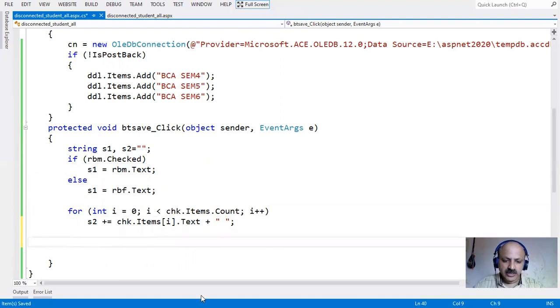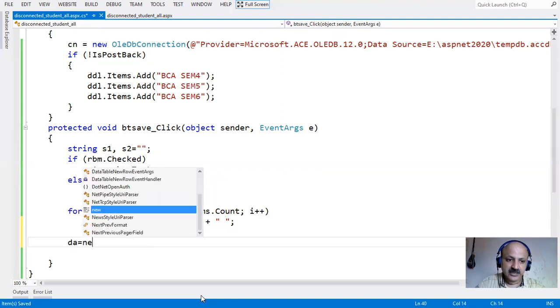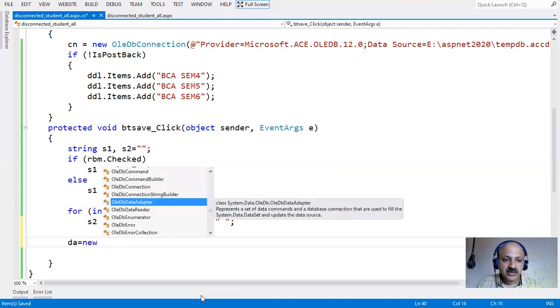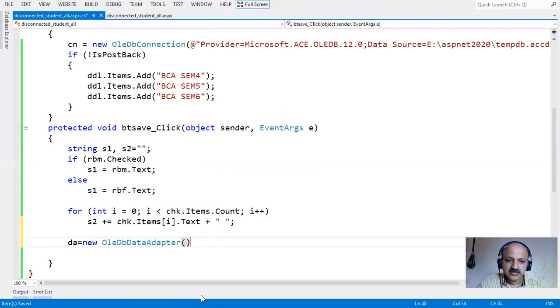Now our coding starts, and that is an insert operation, but we cannot write an insert query, because that is disconnected, so the data adapter class, with the same syntax as the command class in connected architecture. Here there are two parameterized constructors.